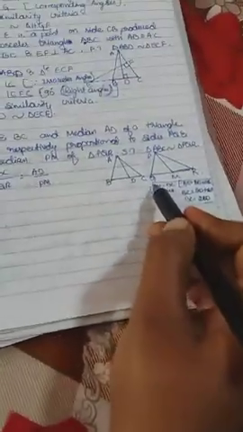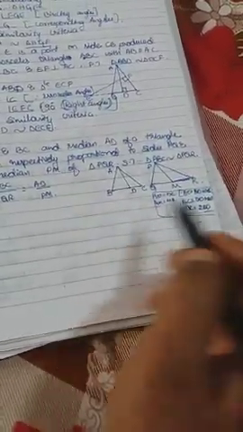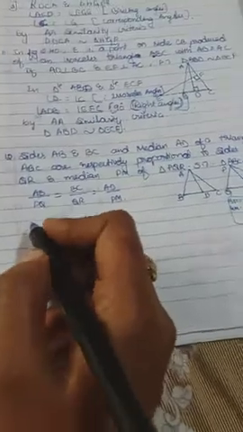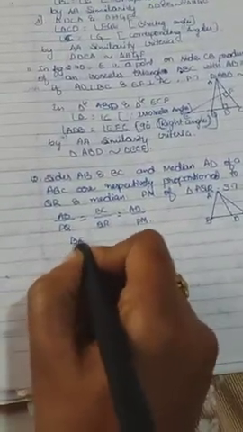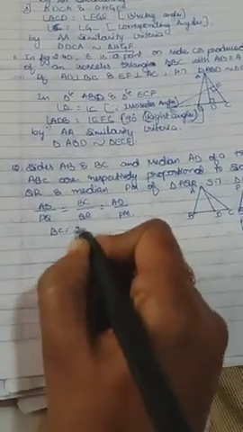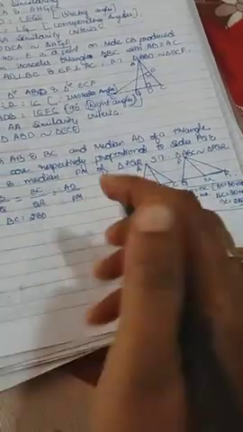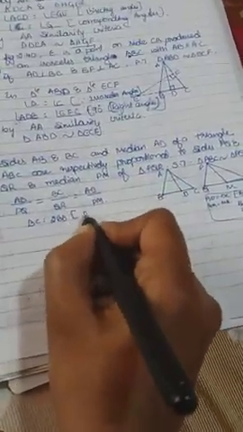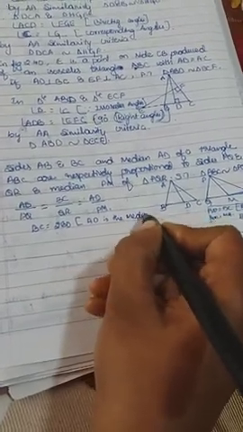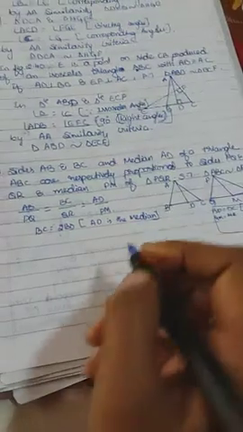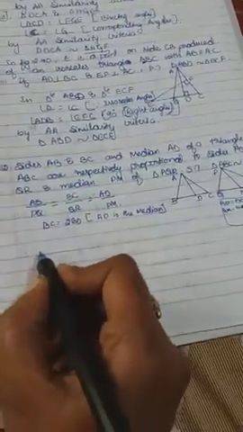This is the extra for your understanding, but not mandatory to write in your class book. So BC equals 2BD. How do we get 2BD? That is the explanation I have given. Why should it be? Because AD is the median, and median means it divides the sides equally, clear? Median means it divides the sides equally.